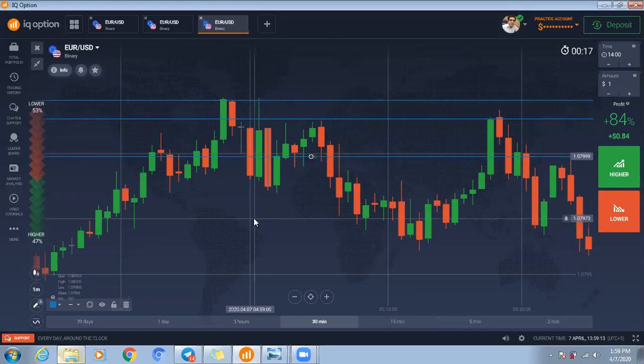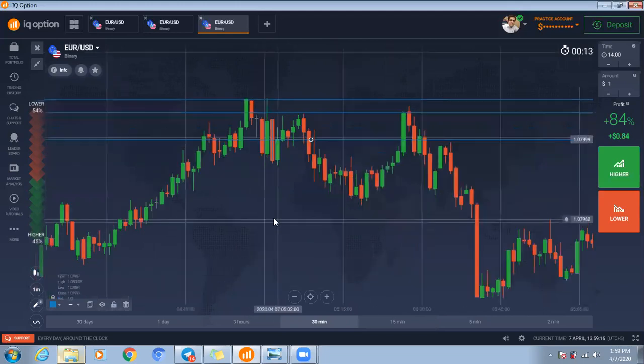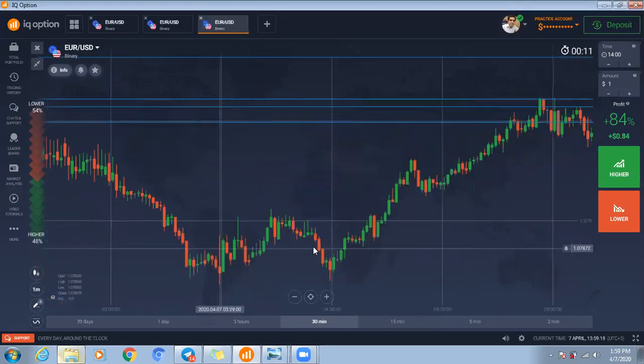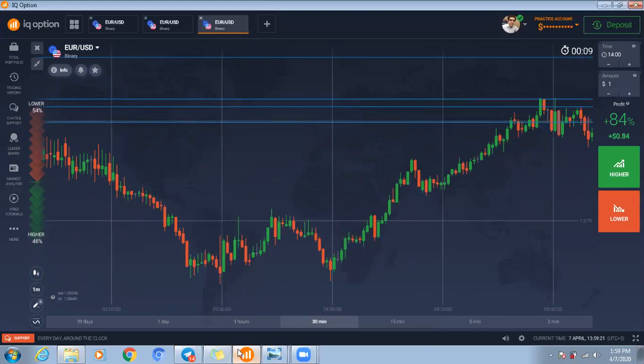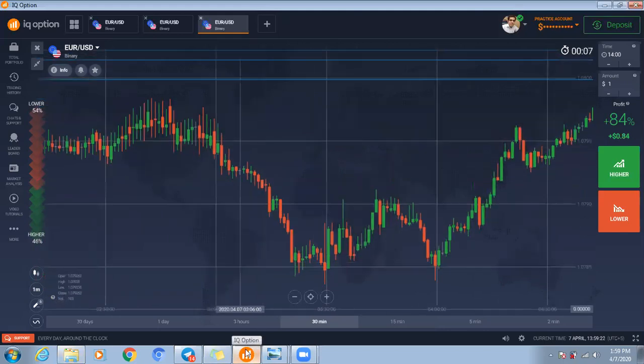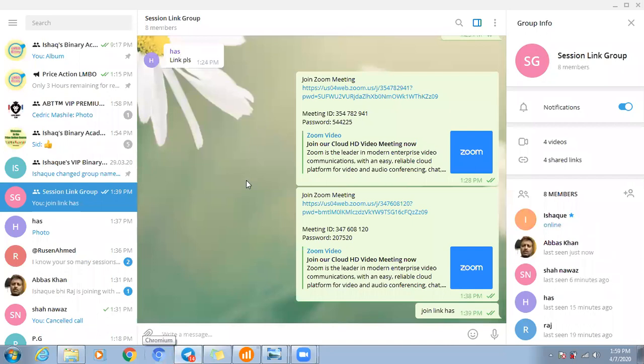Now it's your work. You understand, so practice on the live chart, find these patterns and send me pictures on this link group. All of you send me pictures of the dark cloud cover and piercing line pattern on this session group so that I can understand. All members participate here. Don't send me separately. Send on this session link group, so I will understand whether you are finding it right or not.